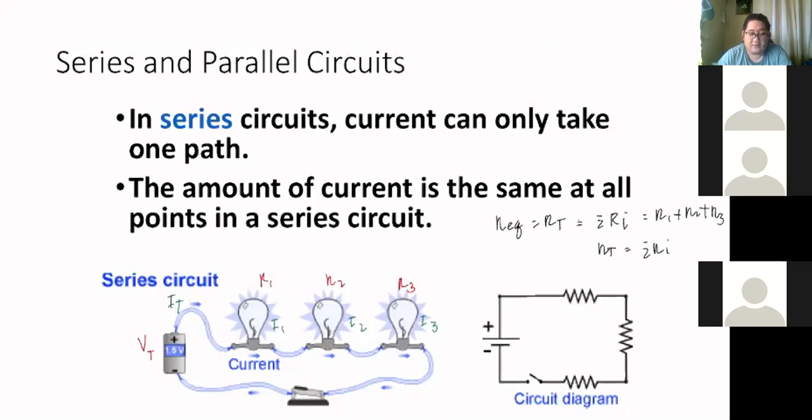Again, yung summation lang yan ng lahat ng resistance natin. Pag may RT na tayo, pwede natin gamitin si Ohm's law para makuha natin si IT. Equals yan sa VT over RT. Okay? So once nakuha natin yan, malalaman natin yung mga values ng I1, I2, and I3 natin. Okay? Pero ano ba yung nangyayari? Since dito, constant yung I natin,